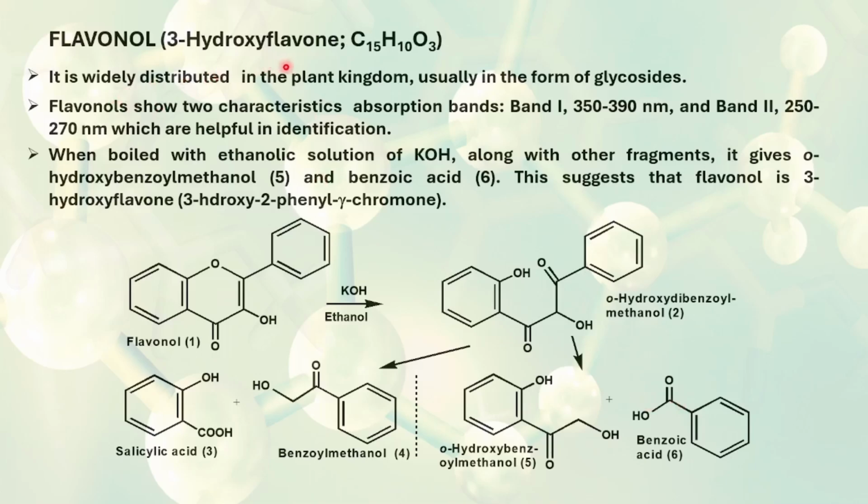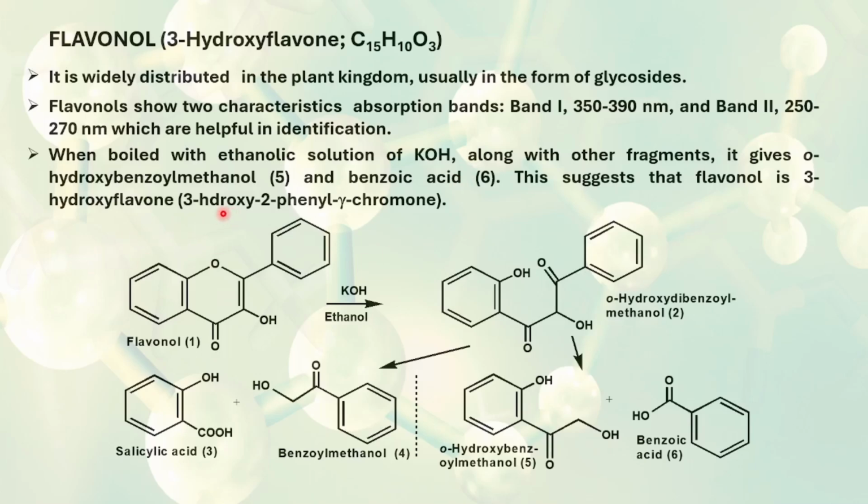Flavonol, 3-hydroxyflavone. It is widely distributed in the plant kingdom, usually in the form of glycosides. Flavonols show two characteristic absorption bands: band 1 at 350 to 390 nanometers and band 2 at 250 to 270 nanometers, which are helpful in identification. When boiled with ethanolic potassium hydroxide, along with other fragments, it gives